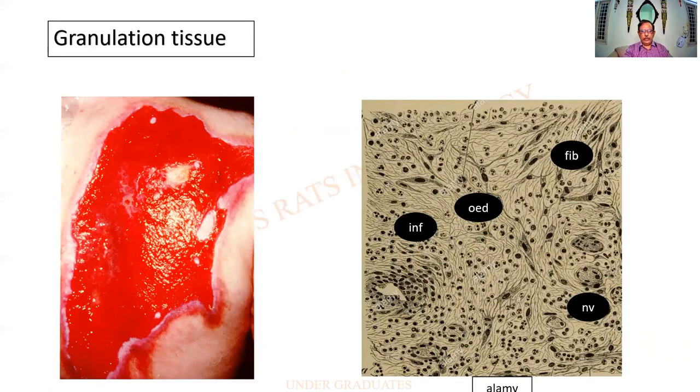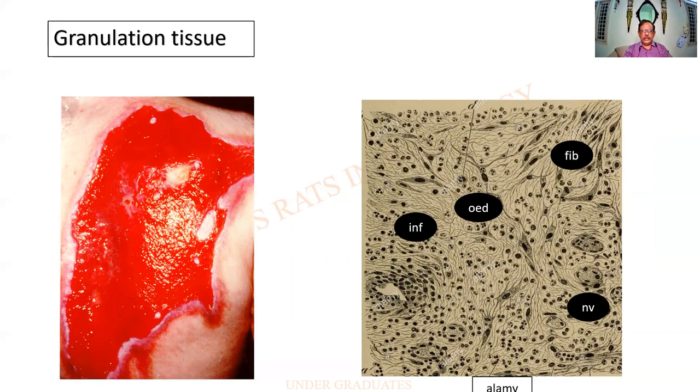This is extremely important, the granulation tissue. Important in the sense, sometimes when this is asked as a question, the students write granuloma. And when granuloma is asked, they write this otherwise. And this is a large defect that we are seeing. And then there is a bright red color that is staring at us. And that is the granulation tissue.